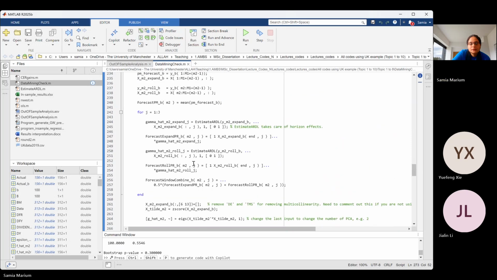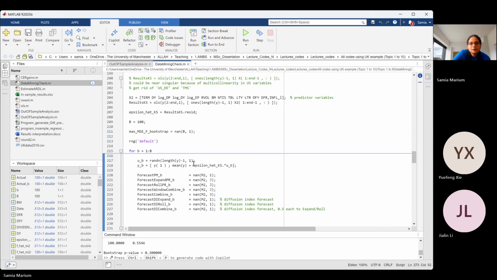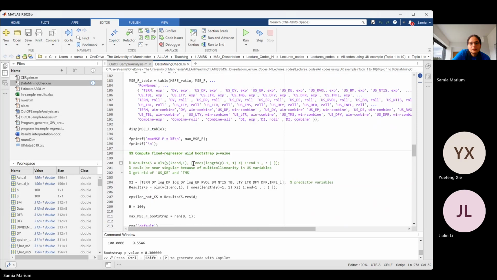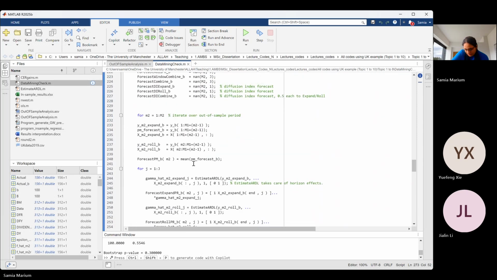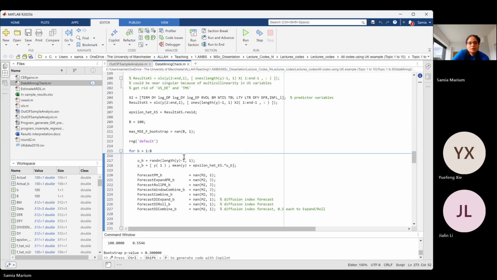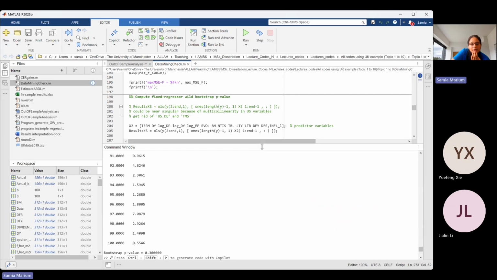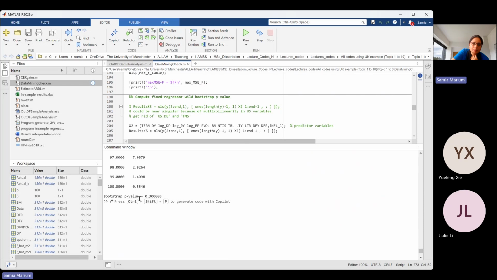Okay. So finally, our bootstrap p-value is